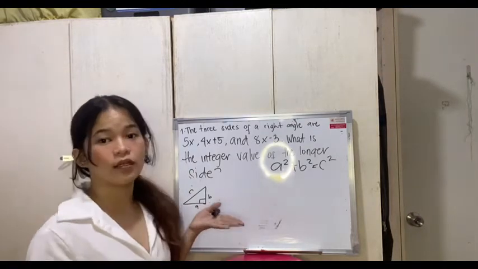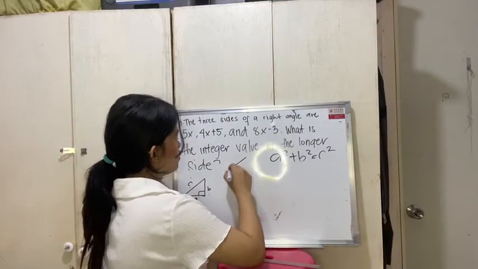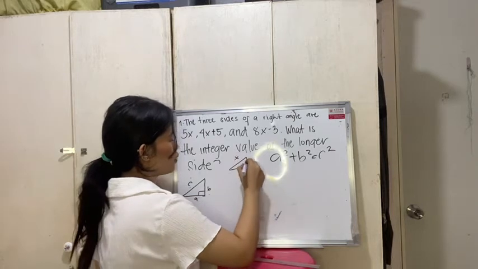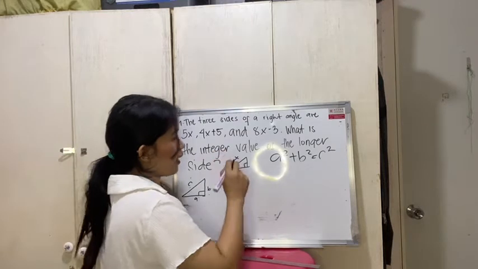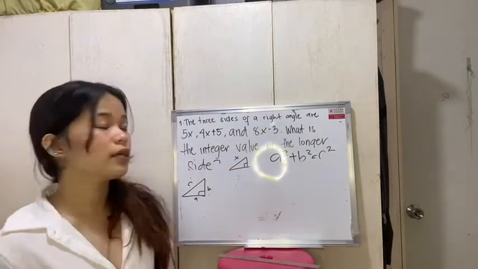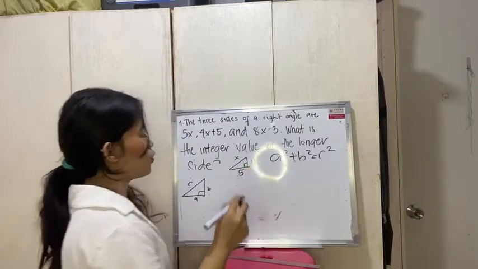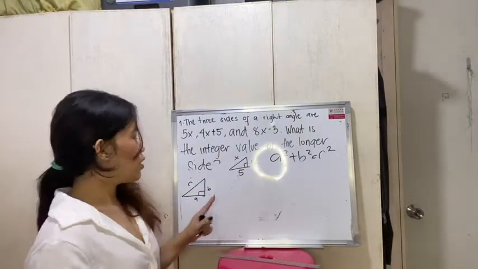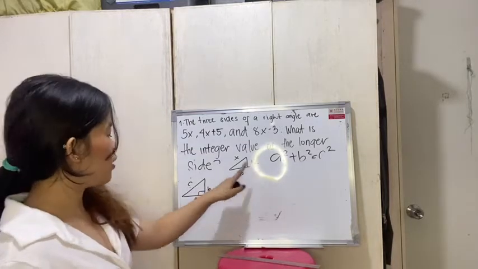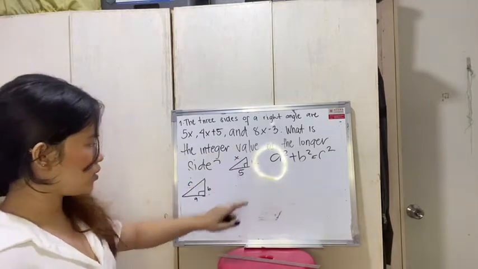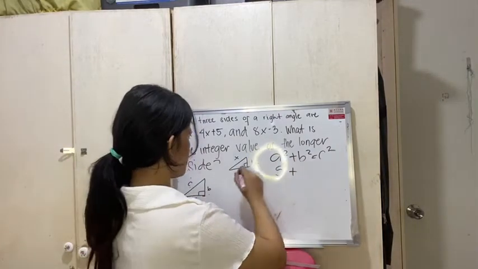Now let's proceed to example number 1. Let's say our hypotenuse is equal to x, and the legs of our right triangle are equal to 5 and 12. What is the value of x? As we can see, a is equal to 5, b is equal to 12, and c is equal to x. So now we have 5 squared plus 12 squared